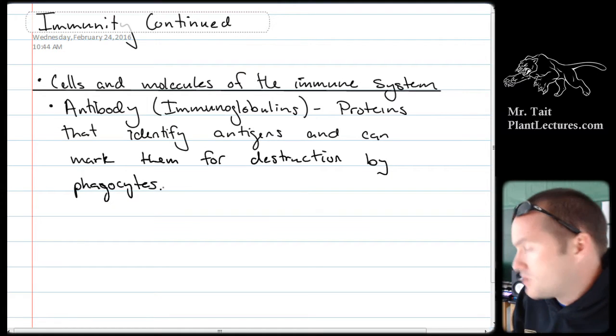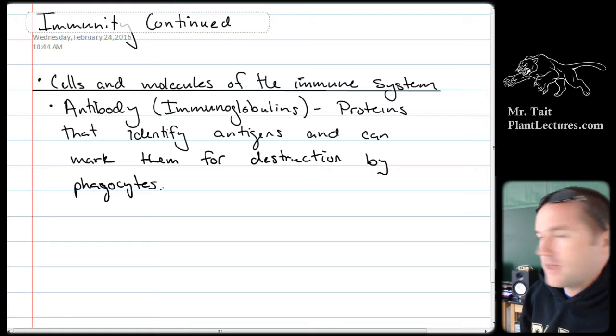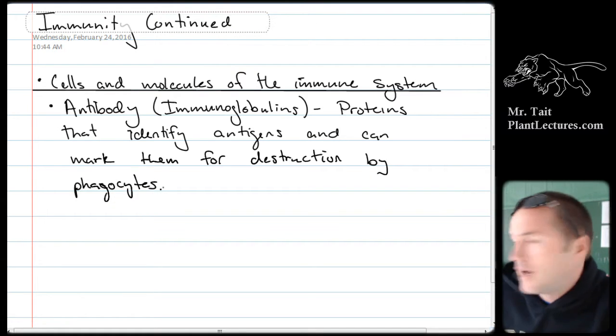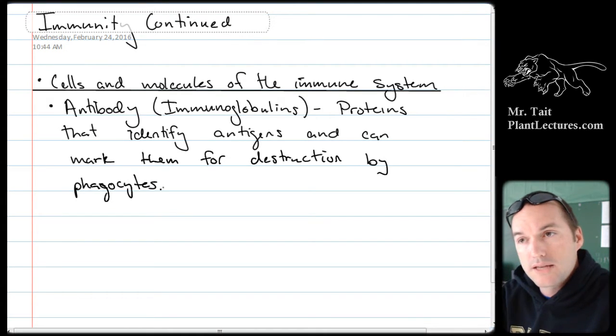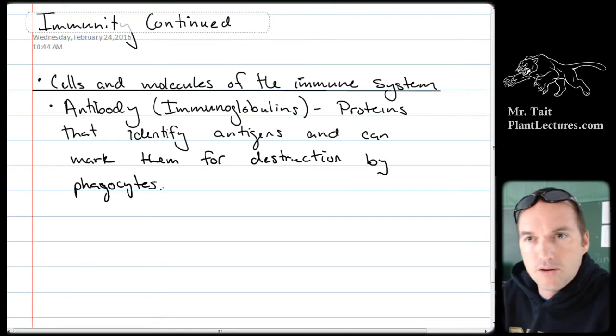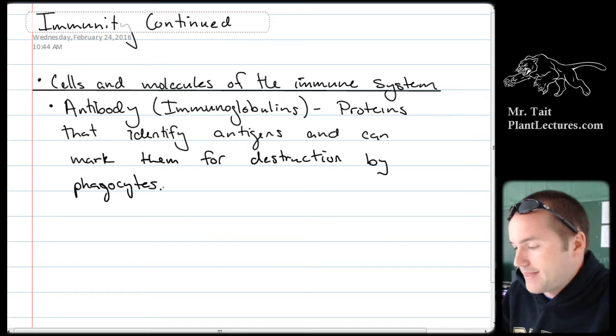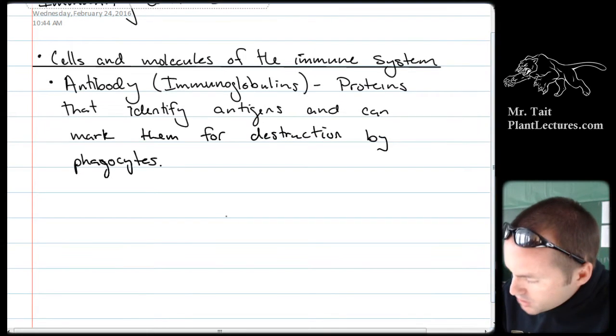Like I said, they do also do some other things. They can sometimes disable the functioning of those antigens on their own, and in other cases, they are just marking those antigens so that the cells know that they shouldn't be letting those antigens into the cell because they've already been marked by an antibody to tell them that it's a bad thing. Okay? So, the general structure